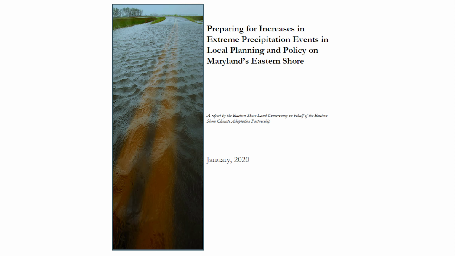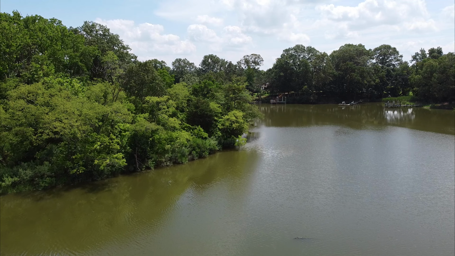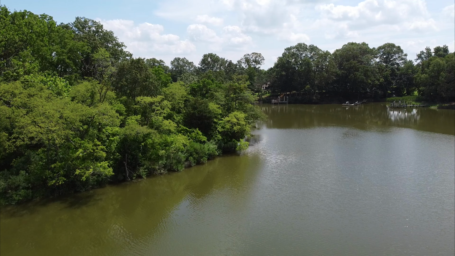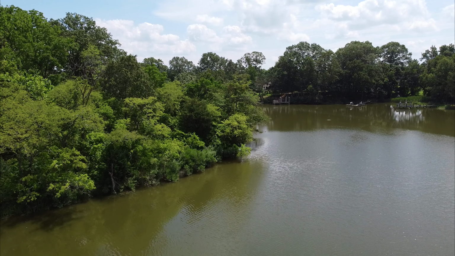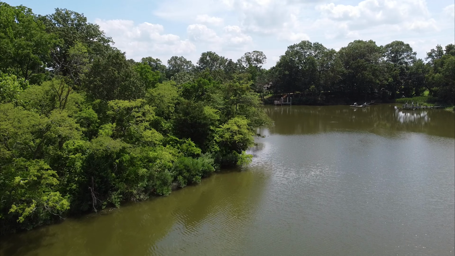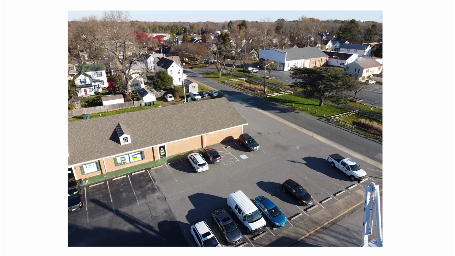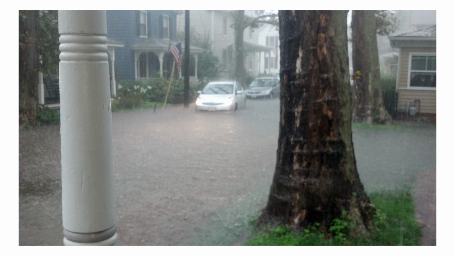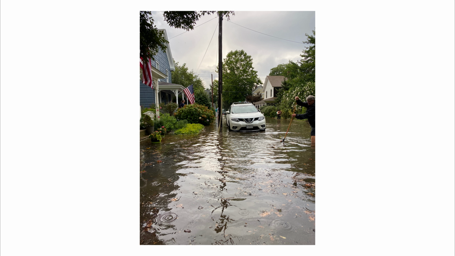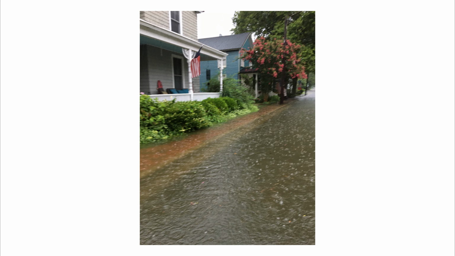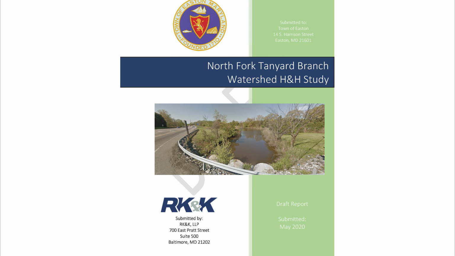A 2020 report by the Eastern Shore Land Conservancy suggests that precipitation volumes could increase another 10% by the year 2050. With increases in impervious surface area, combined with significant changes in storm intensity, the old storm drain infrastructure didn't have the capacity to keep up, and the flooding that has been seen over the last 10 years is the result. Recognizing the need to improve the storm drain system in the East End area, the Town of Easton engaged